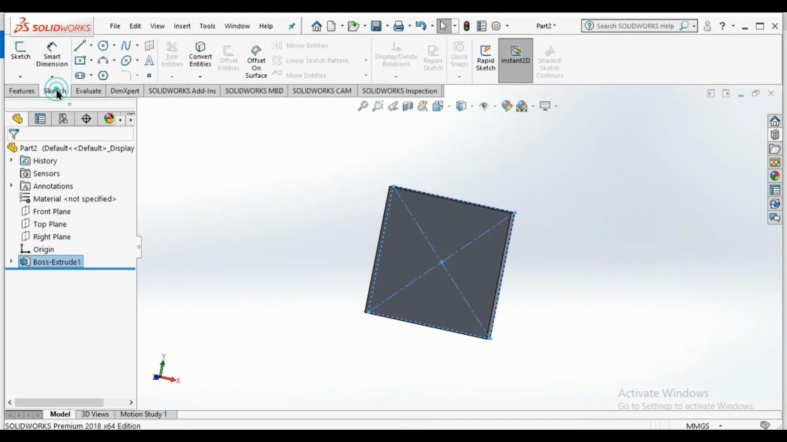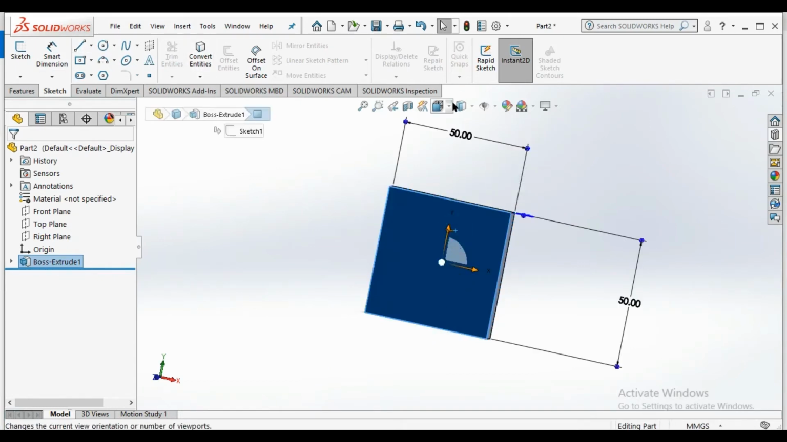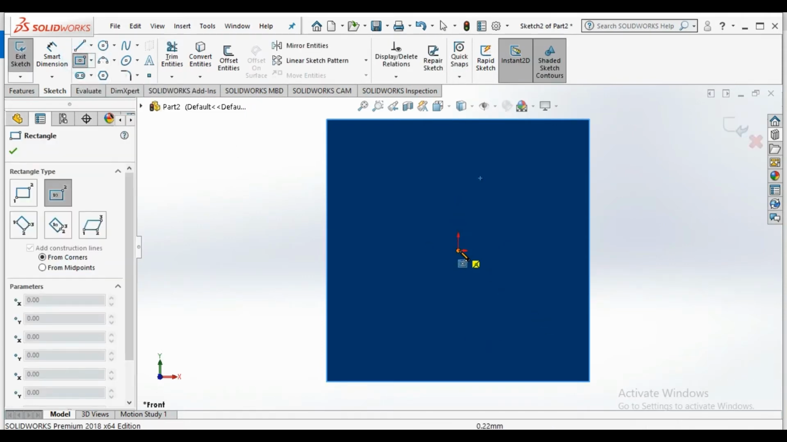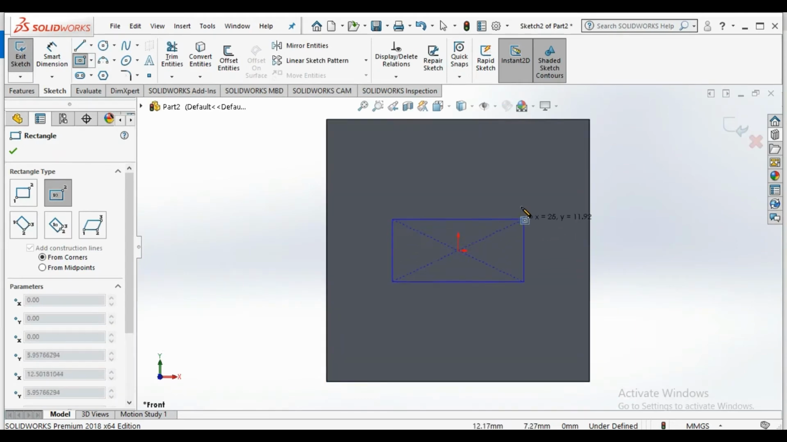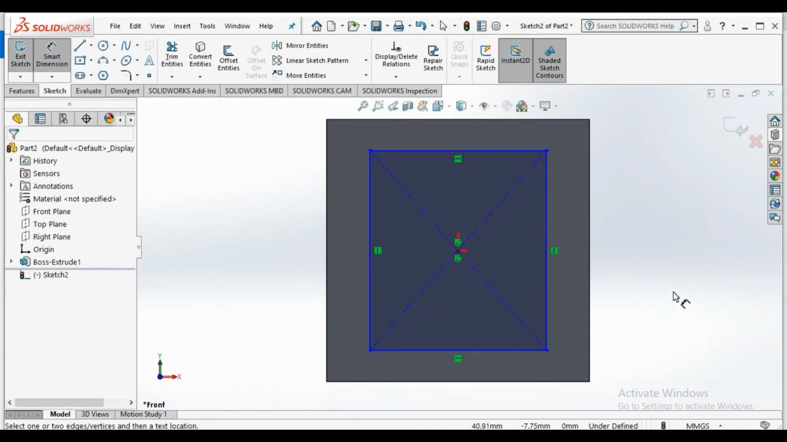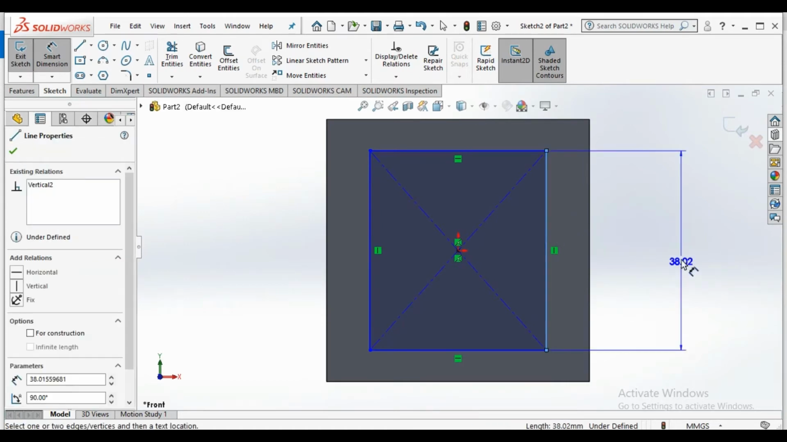Now we have to go to sketch. We have to click on convert entities, click on this face, change the view, and here we will select center rectangle. Now we have to give dimension. Just hold right click and drag up. You can find smart dimension. We have to give 45